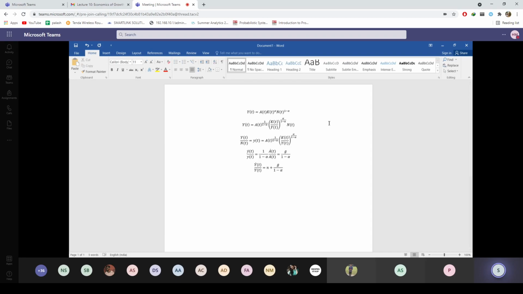In that simple model where my technological progress is only labor augmenting, the production function was capital Yt equals capital Kt to the power alpha, then AtNt whole to the power 1 minus alpha, a labor augmenting production function. In the Solow model, we have solved that capital K by capital Y at the steady state is basically s divided by n plus delta plus g. We know that. Now the part that you have to solve. If my production function is both labor augmenting and capital augmenting, what is the value of K by Y at the steady state?